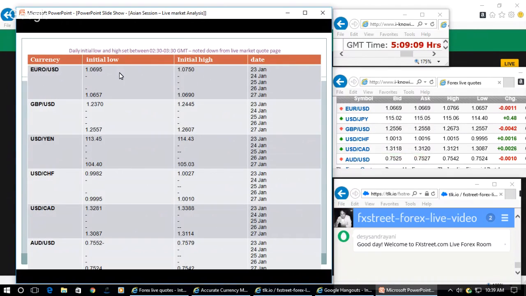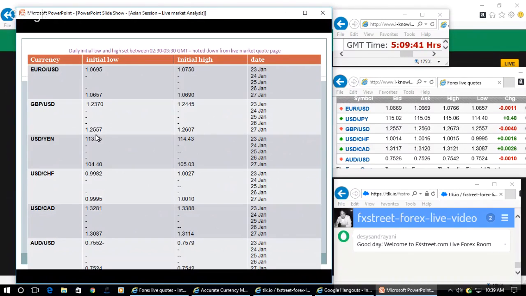Now, with regard to the market reading, I have noted down the initial lows and the highs, which are recorded by 3:30 GMT. But in the code page, you come across yesterday's high still maintained in the case of Euro and GBP, but I have noted down from the trading platform. So 1.0657, they have not breached it, even though they are trading closer to that. And the high is 1.0690, that they have not breached.